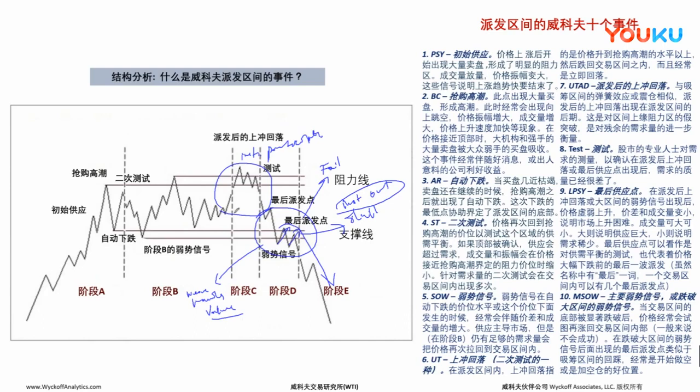That's why in the area of activity by institutions, we usually will have a higher volume signature, or sometimes we would say that the effort there is more dominant and it's increasing. And then in the second period where institutions are already out of their positions, this is where we see that the volume signature actually goes down.